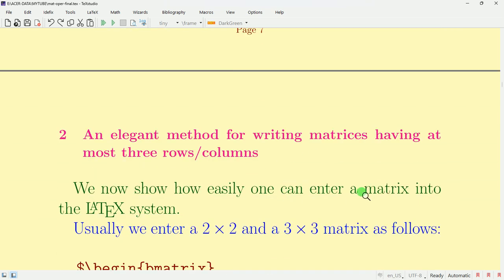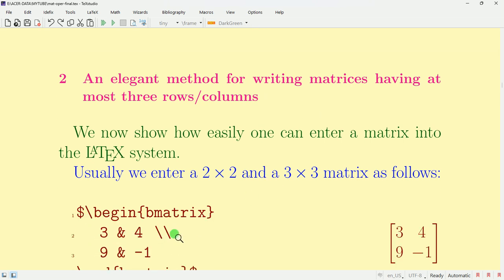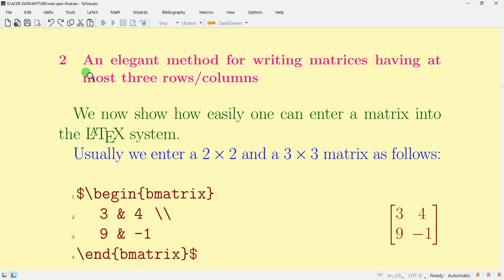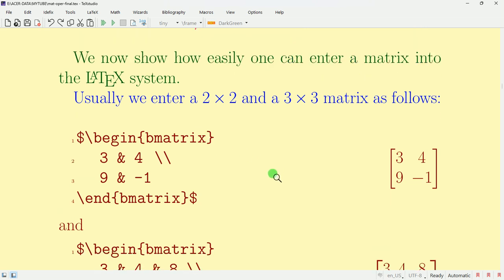Now I have designed some shortcut commands so that the matrix entry becomes quite easy. So in this section we discussed an elegant method for writing matrices having at most 3 rows or columns. So how is it done? See,